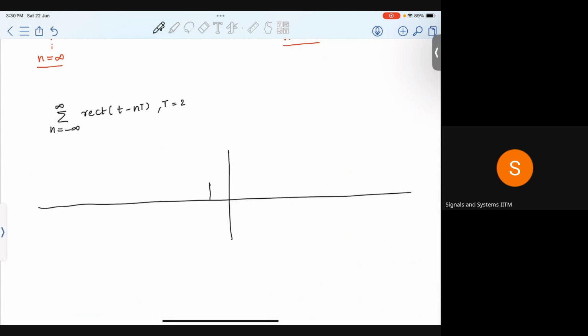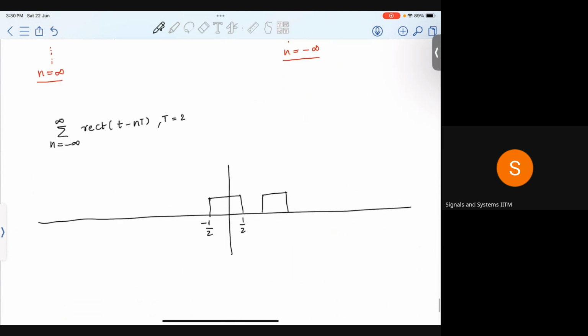The first rectangular block goes from minus half to half, and the next goes from 1.5 to 2.5, and another goes from 3.5 to 4.5, and we have many such blocks on the positive side,